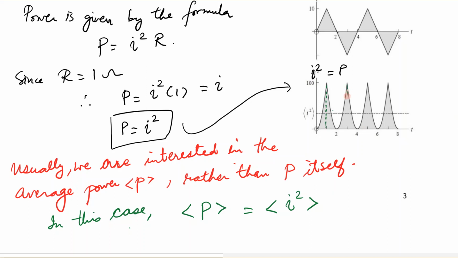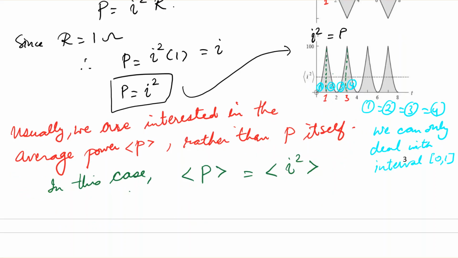We can divide each shaded region into two parts, and we see that the first part is equal to the second part, the third equals the fourth. Basically all these shaded parts are the same, they are symmetric, so we can deal with only the interval 0 to 1, because by symmetry the average for each interval is going to be the same. The average power P over the interval 0 to 1 is given by